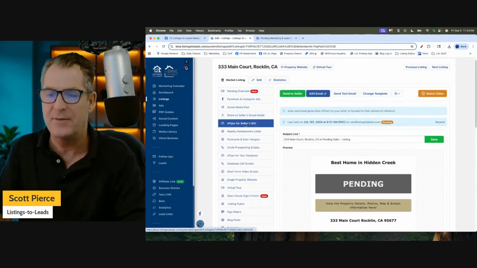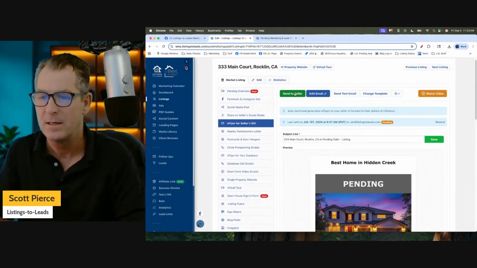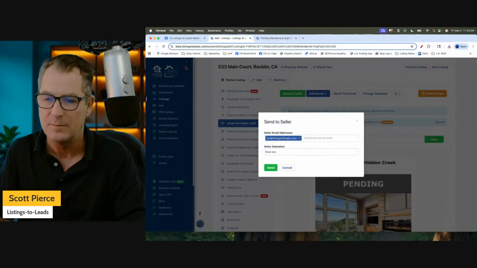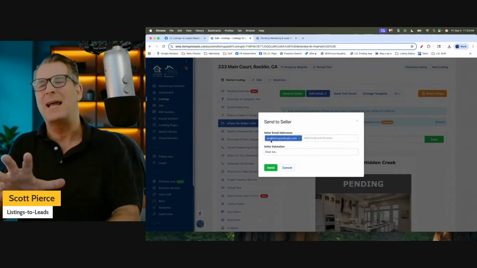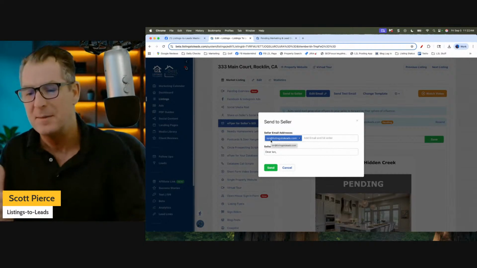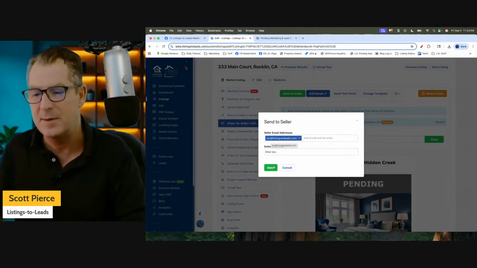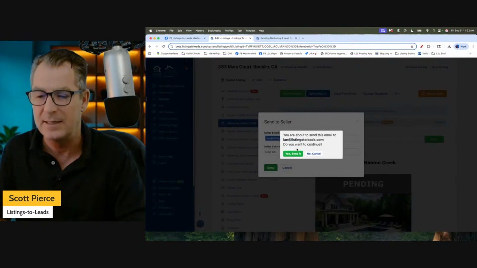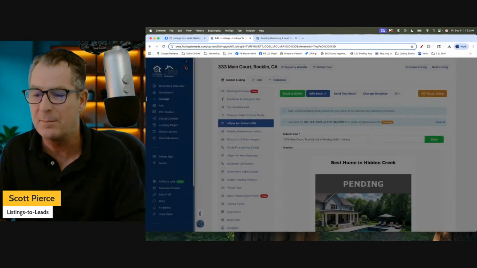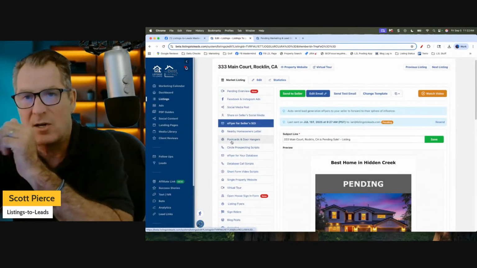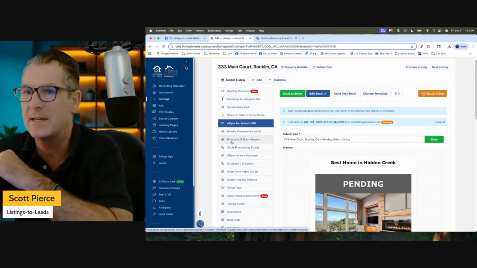And then do the same thing for the email, for the e-flyer. Add seller, add tip. I think actually that will autofill from the one above, but it's not going to send it until you come in here and click send. So do that for both of them, and then call the seller up and say something to the effect of,